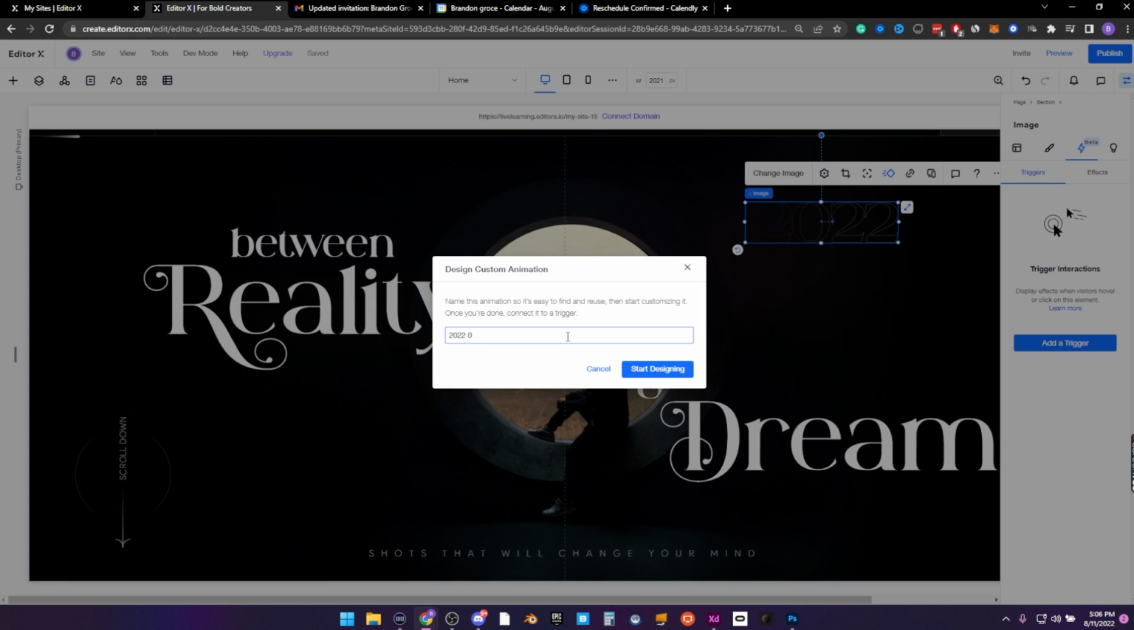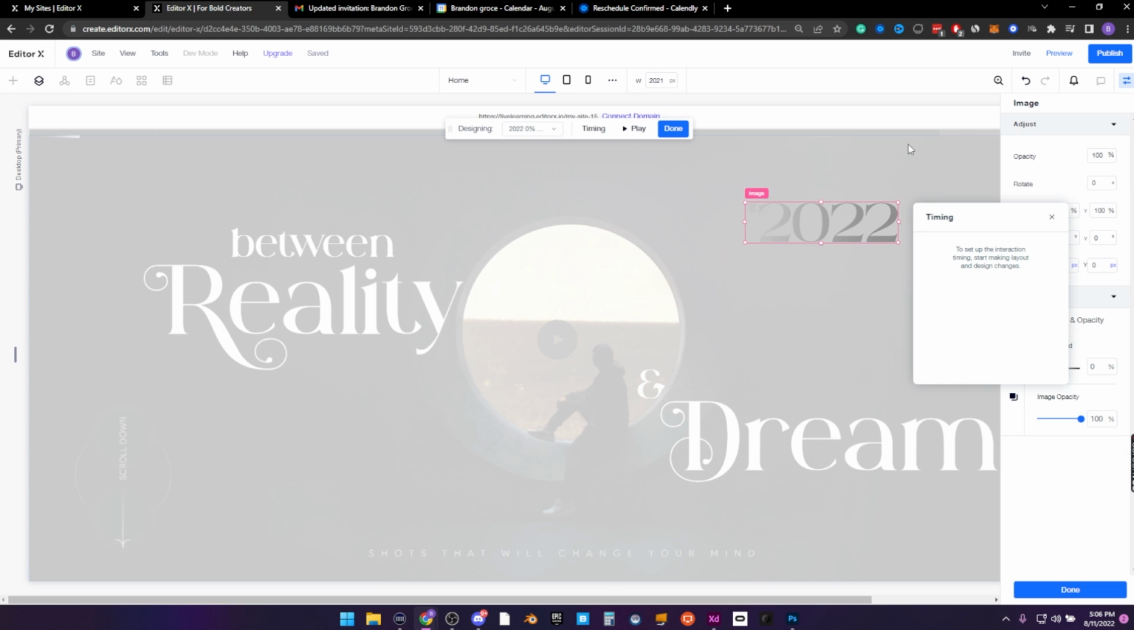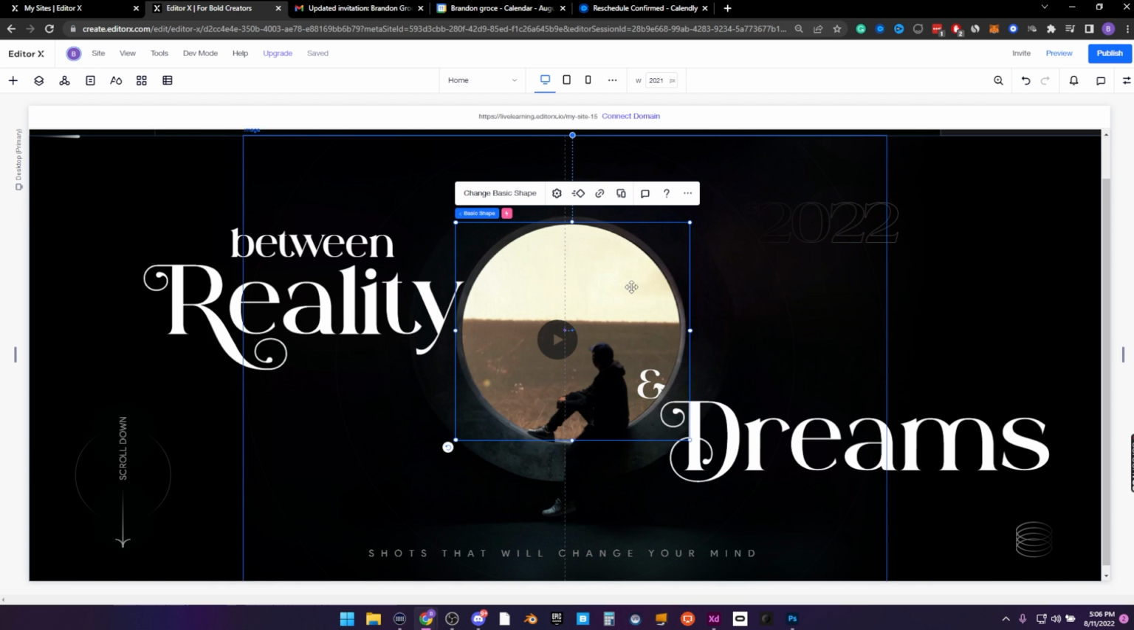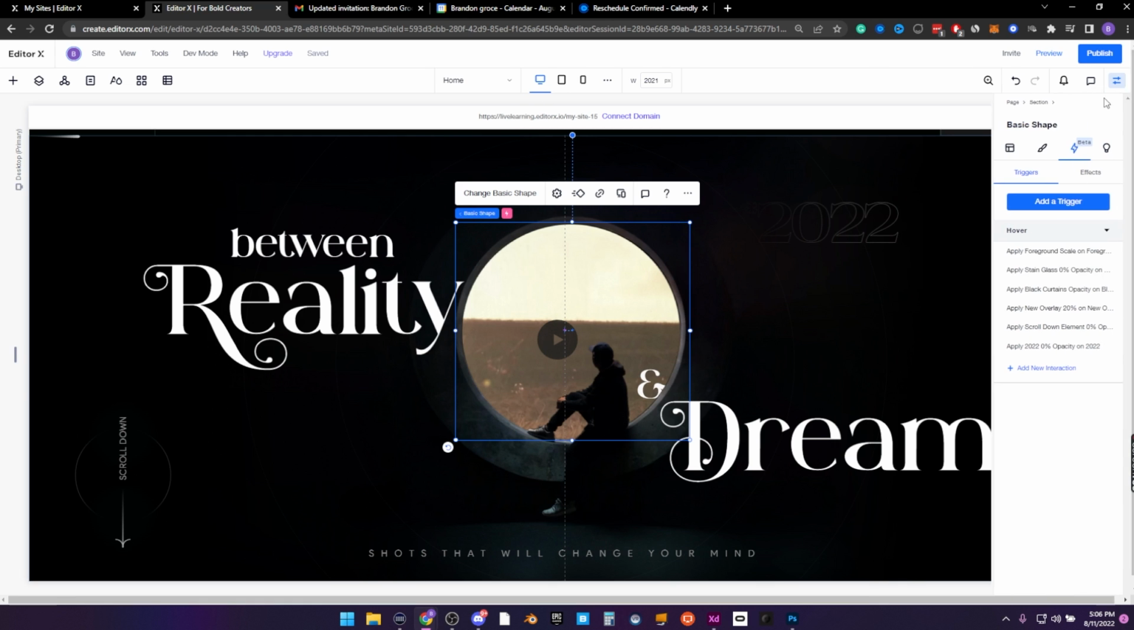2022, 0% opacity. Start designing. Not gonna worry about timing. We're just gonna set this puppy to 0. And hit done. I think there might be a little tad bit of scaling we can do for our black